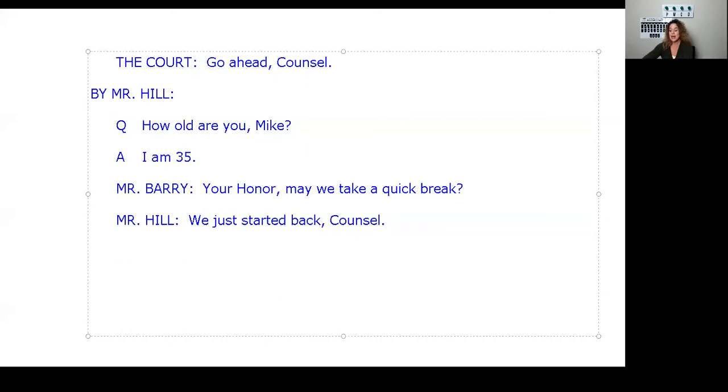Notice it's C-O-U-N-S-E-L. So anytime the 2 attorneys are talking to each other, you're simply going to give them their names. Now it's going to come up as SNU and IFPELD, but once you change their names in the edit mode, it's going to look like that.